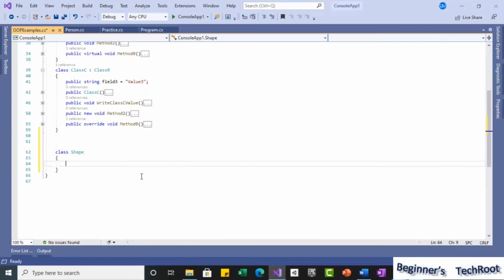So this is the basic declaration, but it will be private if you don't put anything. If I want to make it public, I can use the public access modifier. And also if I want to make it abstract, it means this should always be used as a base class, but we cannot directly create an object of the shape type. In that case, we need to use the abstract keyword. So this is the implementation. In total, it is public abstract class shape.